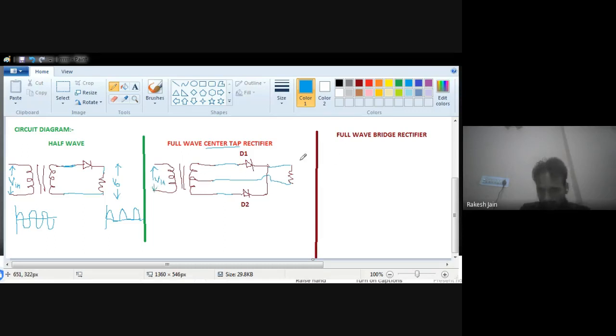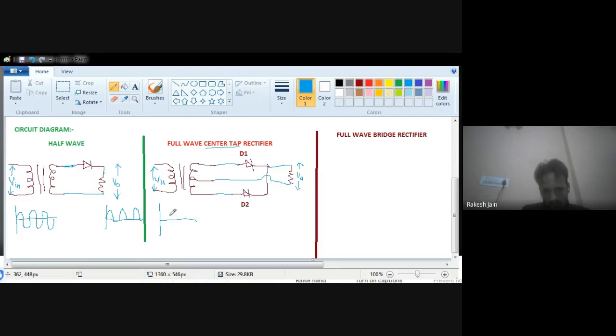And the output will be taken from the load, and load is known by the resistor. So output is taken from this one with the help of a CRO. This is the output terminal. Okay, so this is the input and that is the output terminal. Which kind of waveforms will we find? We will prove it with the help of the working principle.